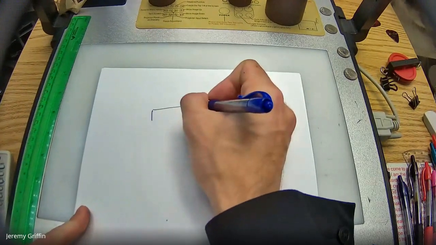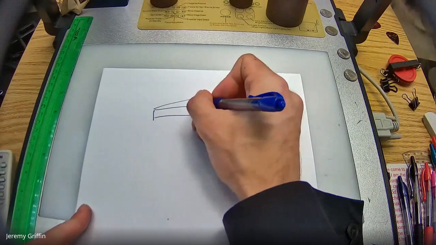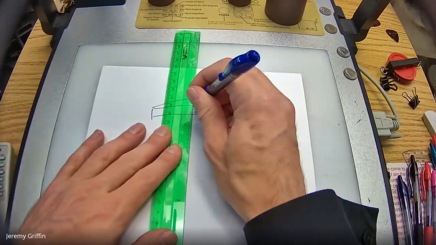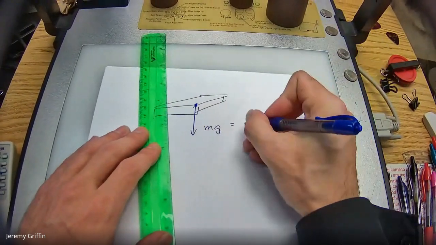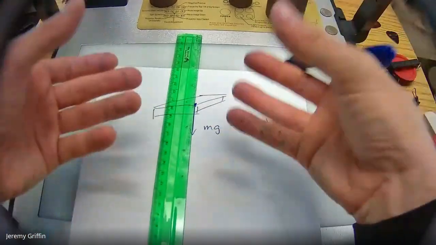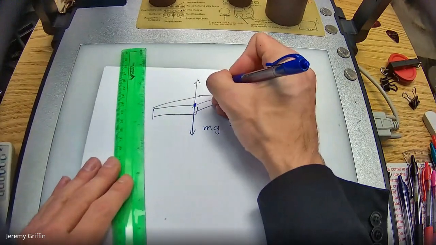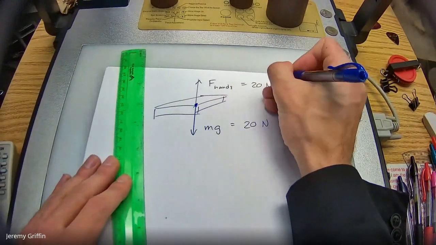So next example, let's see if you get this one. Suppose you have a textbook. This textbook has a center of mass. Let's do a quick free body diagram on this. Say this textbook has a weight of, I'll even give you a number, 20 newtons. And you're holding this textbook, just holding it at rest. Wouldn't there be a force from your hands? That would also be 20 newtons. Keep that in mind.